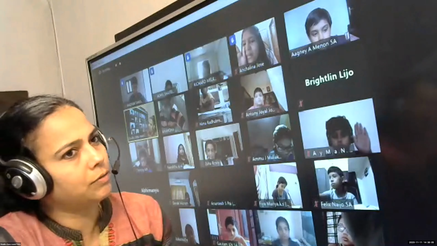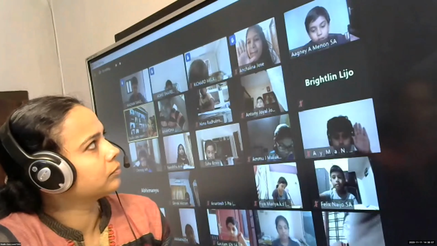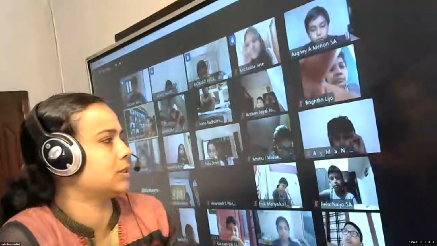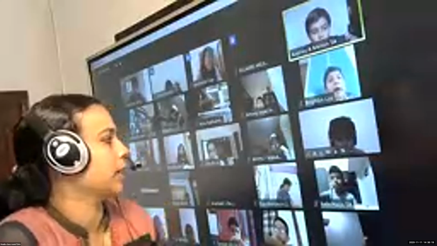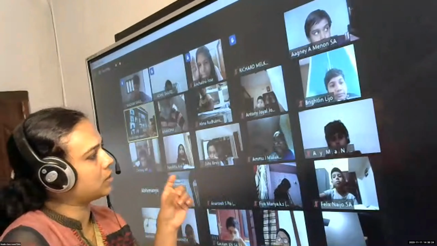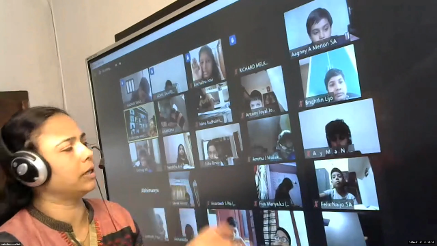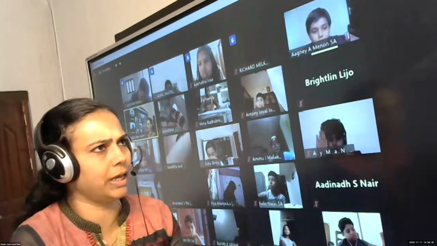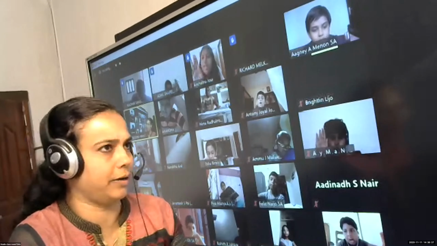Okay, then divisibility rule of 4. In any number, we should check if the last two digits are divisible by 4, or if there are 2 zeros. Children, if the last two digits are divisible by 4, or if the last two digits are 0, then we can say it is divisible by 4. What about 5? If the last digit of any number is 0 or 5. That is easy for everyone, no? What about 6?